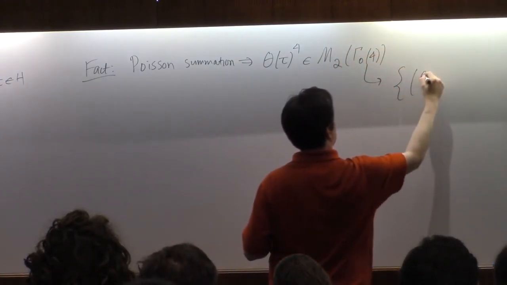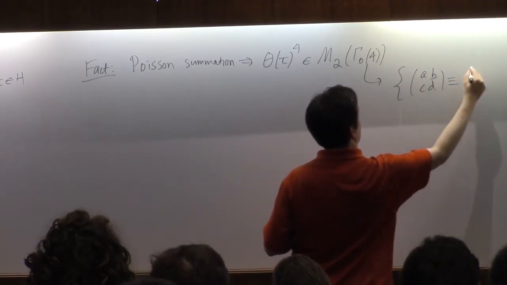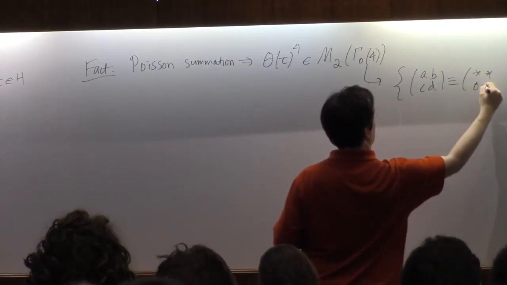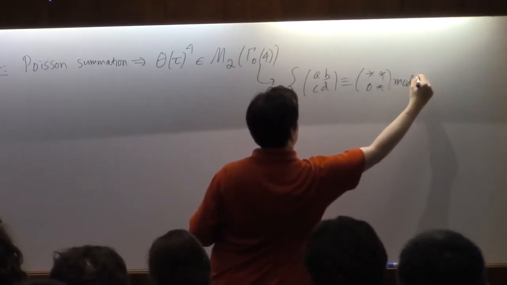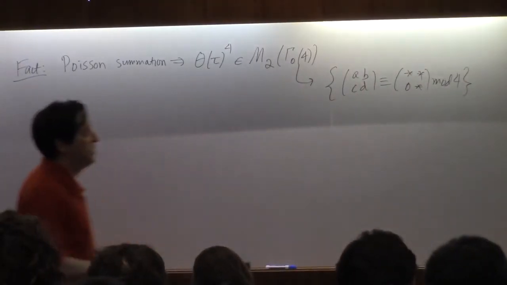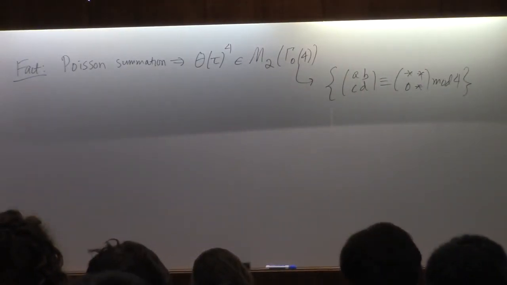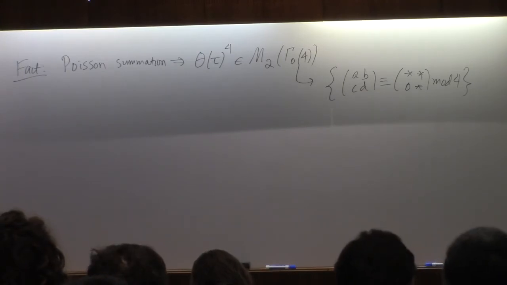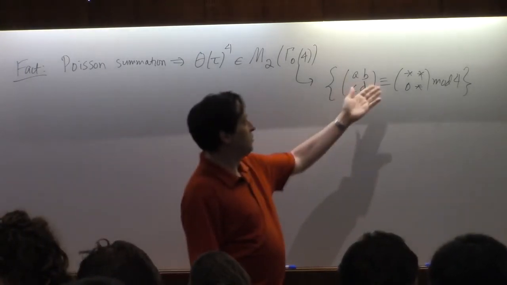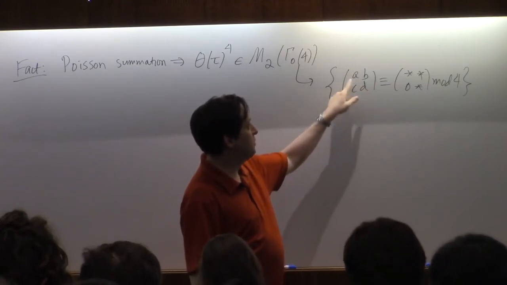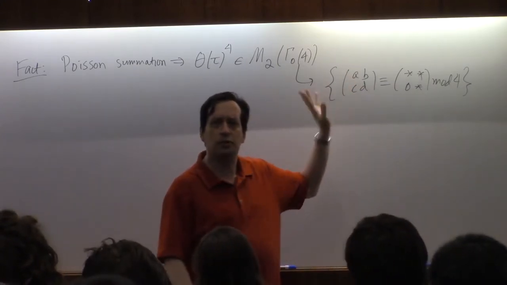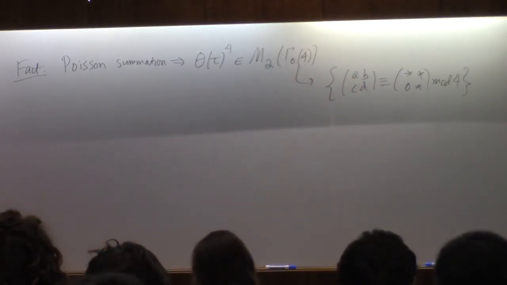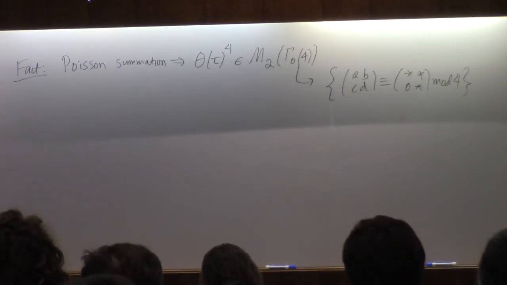So these are the matrices in SL2Z whose lower left entry is divisible by 4, and the other stuff can be whatever you want. Of course, being whatever you want, it can't be random, because it's supposed to have determinant 1, and that's even, and these had better both be odd, for example. So it's not like you have complete freedom, but determinant 1 integer matrices with the lower left hand entry a multiple of